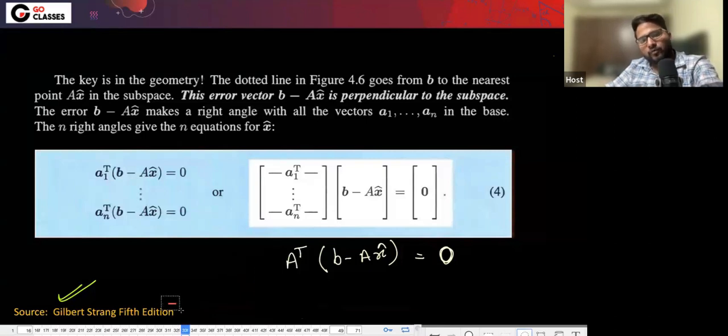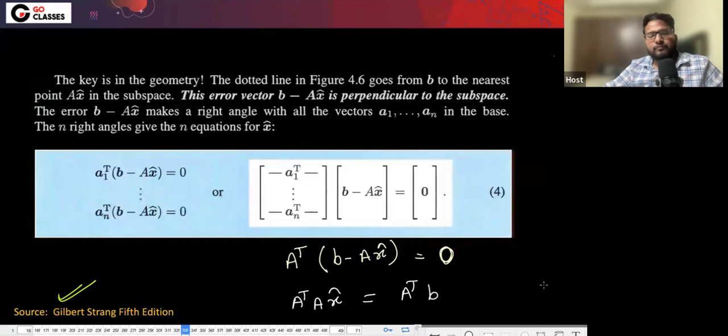Now we want to find X cap. So what you will do, A transpose B equal to, or let me write it this way: A transpose A into X cap equals A transpose B, right? Now, to find the X cap, you can put this particular matrix here, which is basically A transpose A inverse